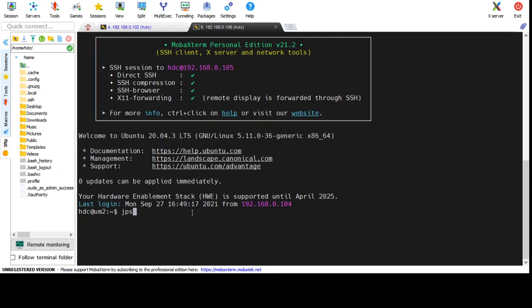Meanwhile, I can show you the services running on the second machine. See, my worker is running on 4942, because I have configured my worker on the second machine, and I have configured my master on the first machine. That master is set up on the 102 IP address, and the worker is set up on both 102 and 105. So you can see the worker on both, but you will see the master only on 102.